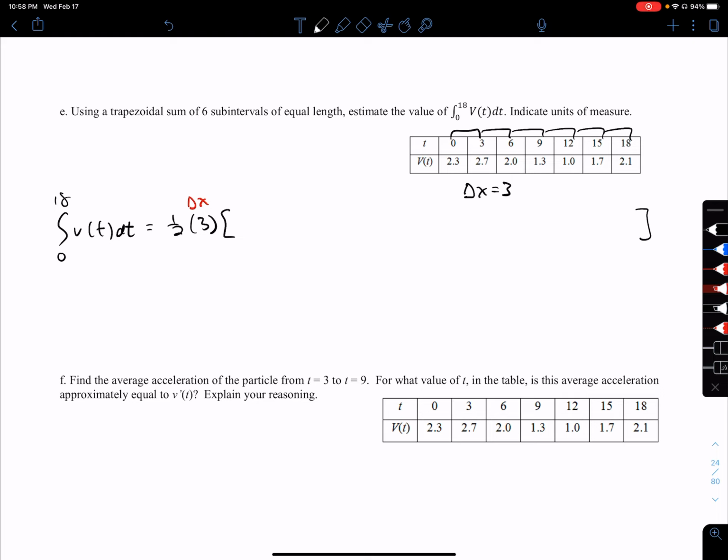Times, for the trapezoidal shortcut, we take the first y value plus 2 times the next y value plus 2 times the next y value plus 2 times the next y value plus 2 times the next y value plus 2 times the next y value plus the last y value. If you would rather make individual trapezoids for all 6 of these, it's completely fine. Nothing wrong with that. This ends up being